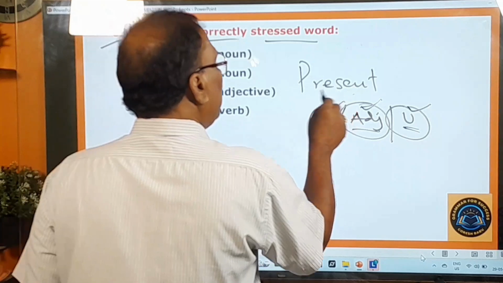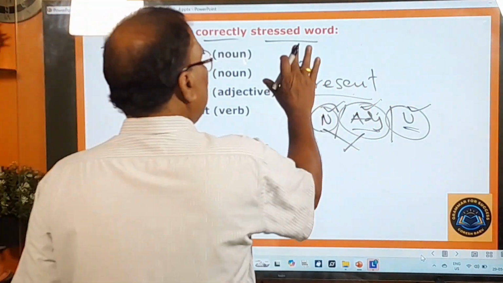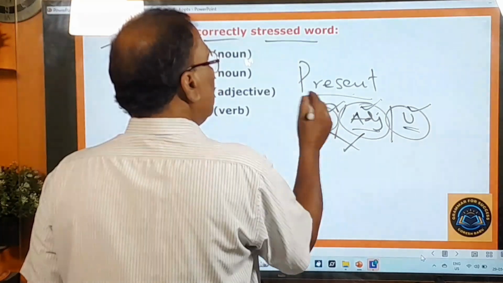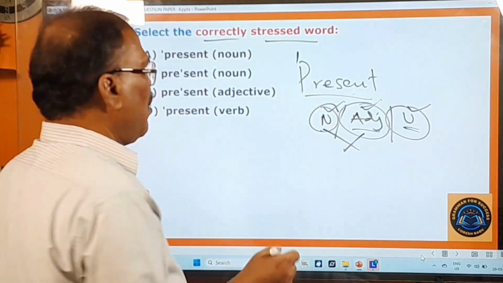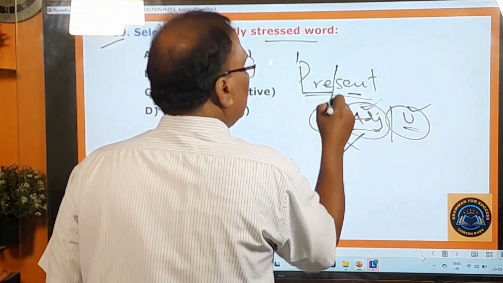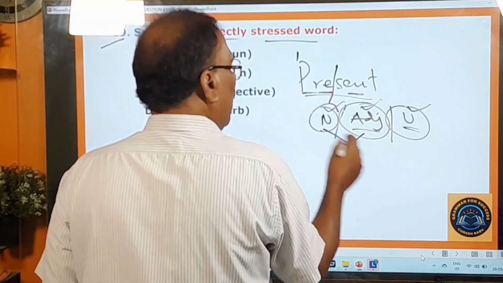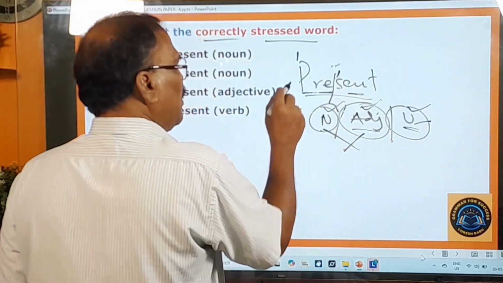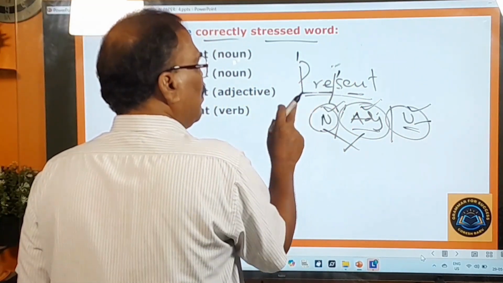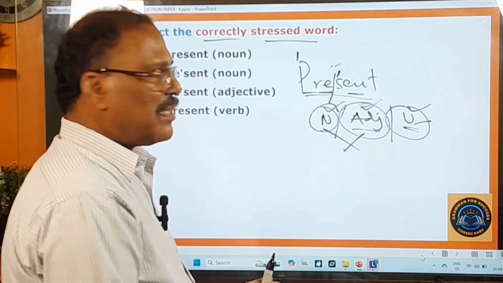But how to give the stress on this word? If it is a noun or adjective, this word receives the stress on the first syllable. Present. There are two syllables in this, so it receives the stress only on the first syllable. If it is a verb, it receives the stress on the second syllable. This is not present... when it is a noun or adjective, you have to say present. If it is a verb,